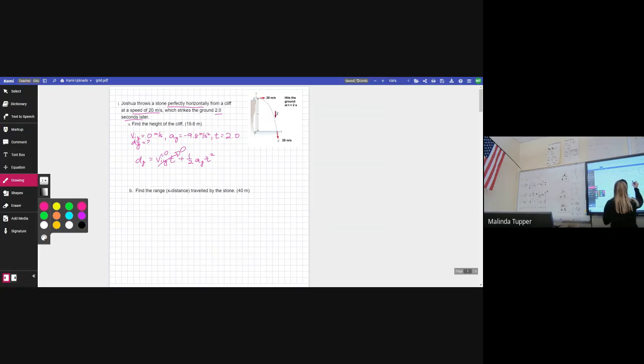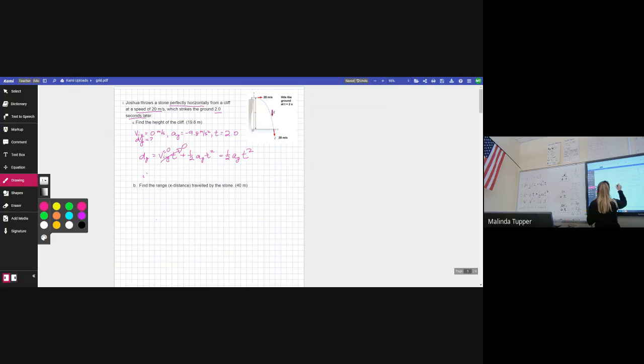So this is 1/2 times the acceleration in the y direction times the time squared. So this gives me 1/2 times negative 9.8 meters per second squared times 2 seconds squared,